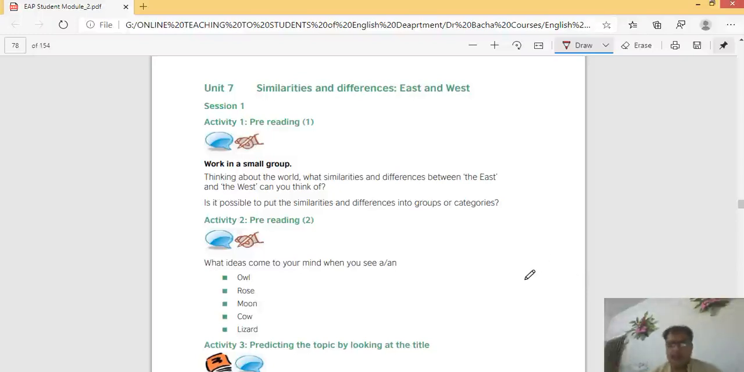Bismillah ar-Rahman ar-Rahim. My dear students, I'm once again addressing you here and teaching you today Unit 7, Similarities and Differences between East and West, Session 1 and Activity